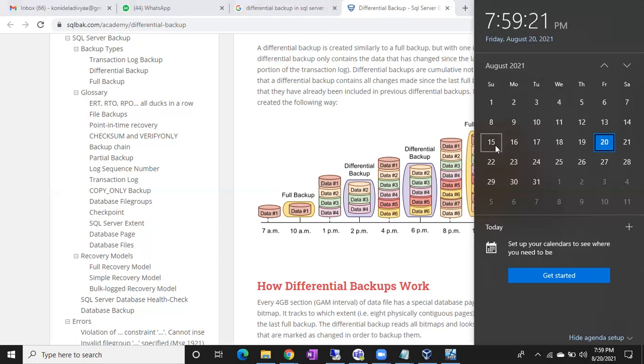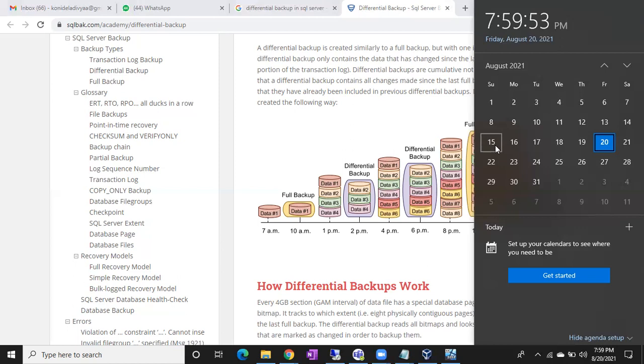Why? Because every transaction is important, guys. We have already discussed it. Each and every transaction is important. Like I told you, on Amazon, if you are buying something, imagine your transaction is missing, you are not going to get the product. So each and every transaction is very important. You have to treat each and every transaction with that priority. So if we don't have backups, how can you recover the database till today evening 6 p.m.? How can you recover the database?